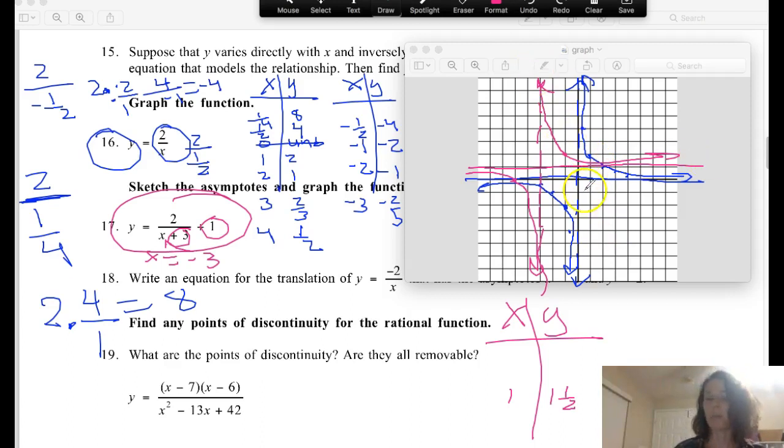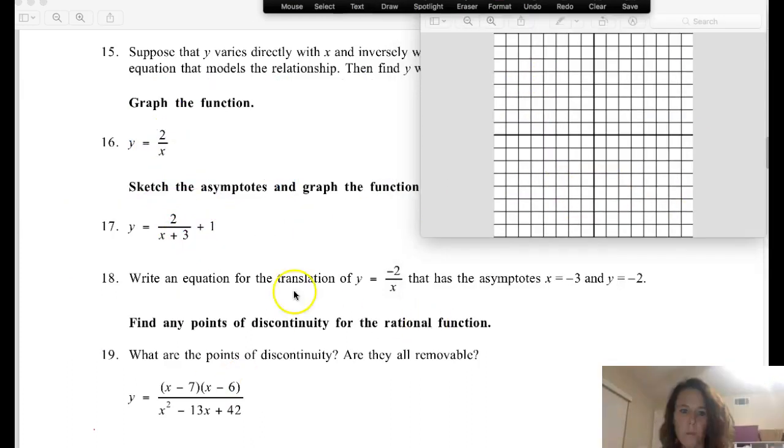And just start plotting points. It's so much better if you know the original and you can shift it though. Plotting points can take forever. All right. Okay, we're going to write an equation for the translation of y equals -2 over x, and